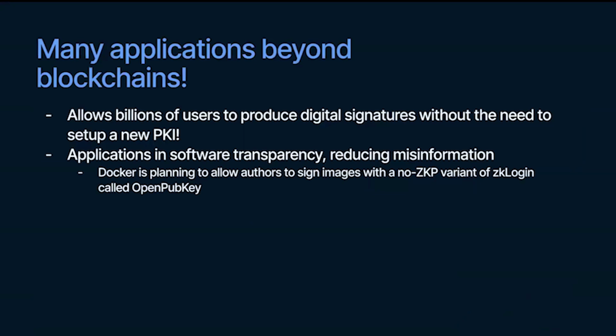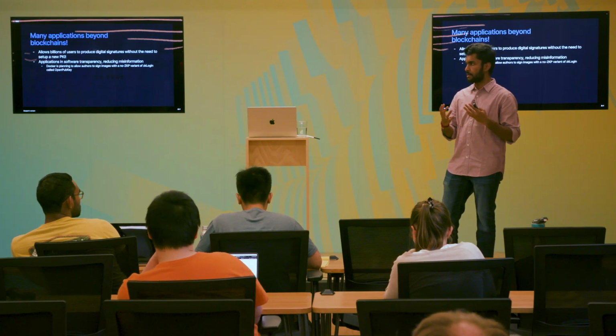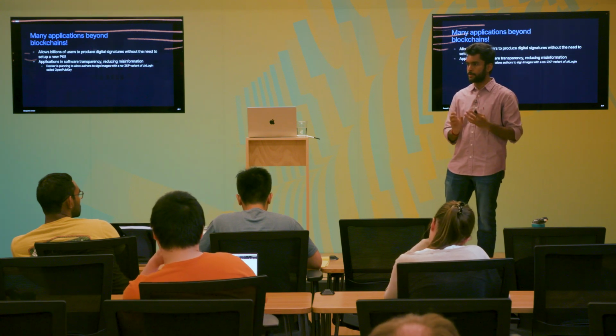To finish the talk, I'll talk a little about some other applications beyond blockchains. We've already seen a couple of these. You can view zkLogin as a tool that allows anyone to start signing statements without having to have a key pair. You can start signing things and attribute your email address to it. One cool application for this would be for content creators or news publishers to sign their content with their email address or a part of their email address, depending on the privacy considerations. And we're seeing something like this already being used by Docker